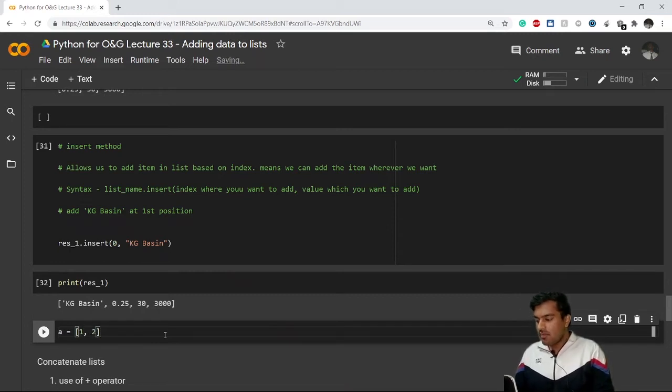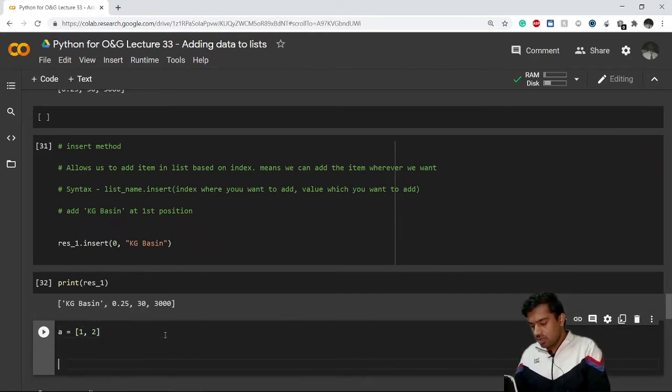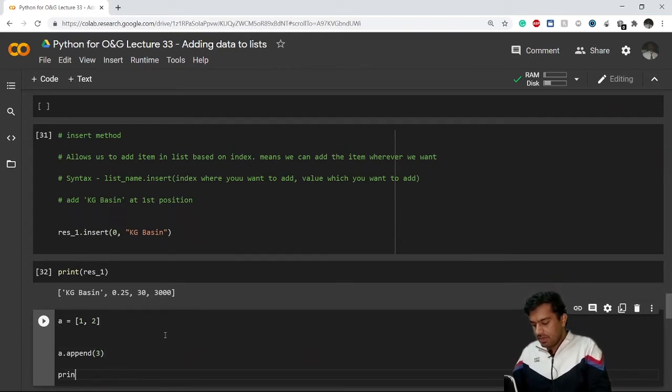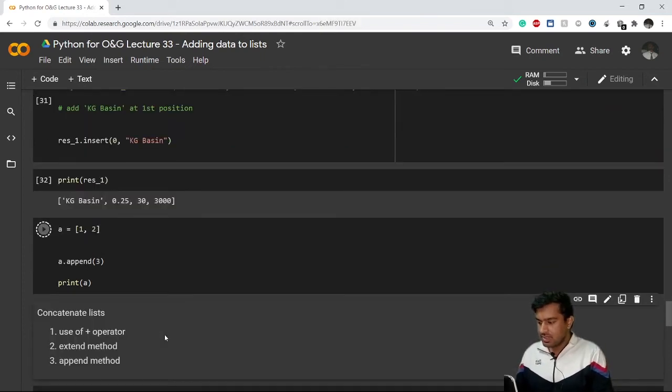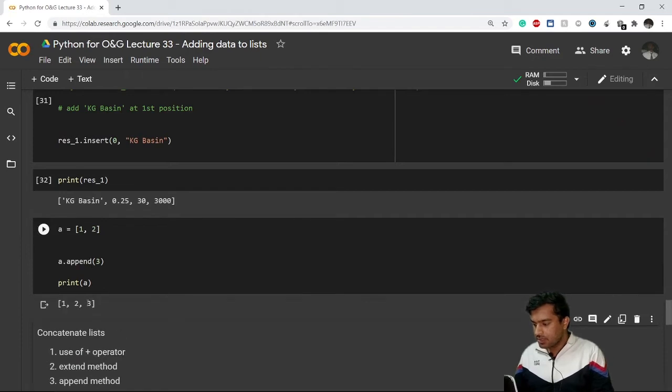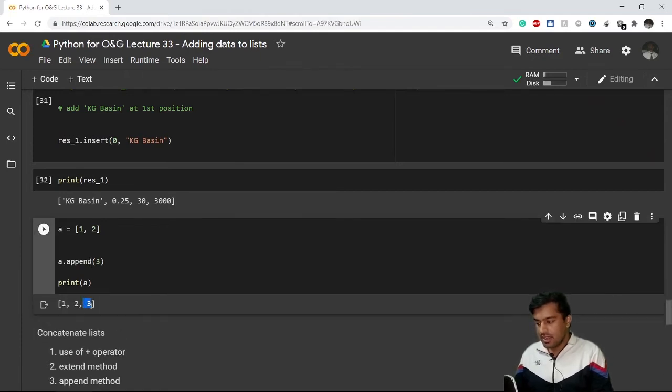Now I want to add 3 at the end of this list. So if I use a dot append and I say 3, and now if I say print A here and execute this cell, you see the 3 has been added at the end of this list.